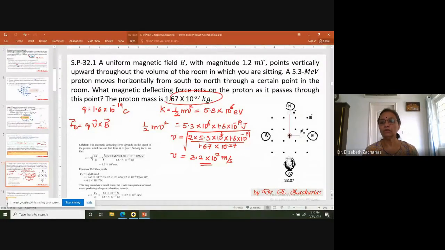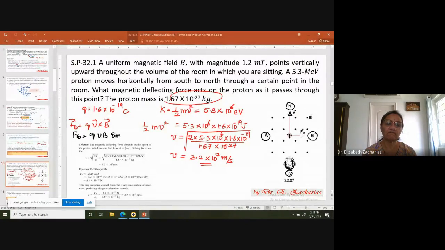The proton, in which direction is it moving? It is moving south to north with a velocity v. And you found out the velocity v. Now, what is the force that is going to act on it is what you have to find out. What is FB? FB is equal to